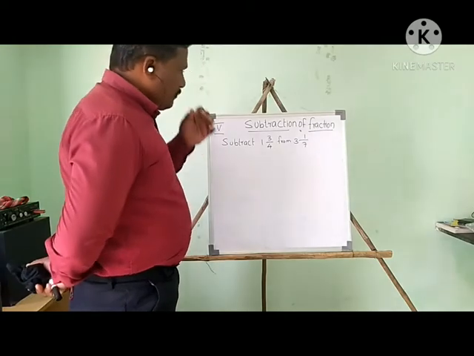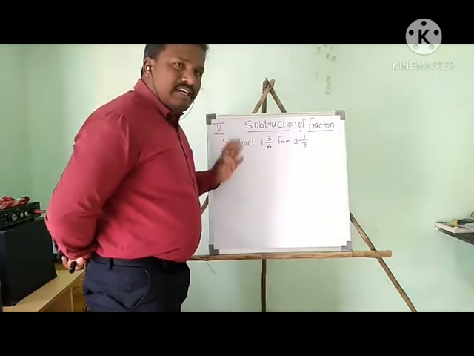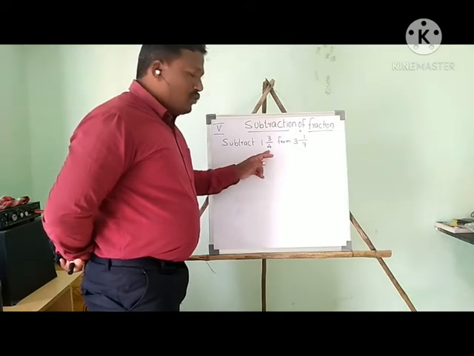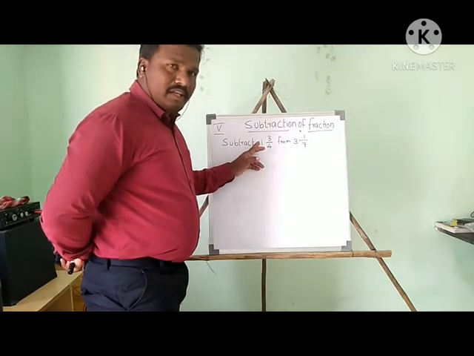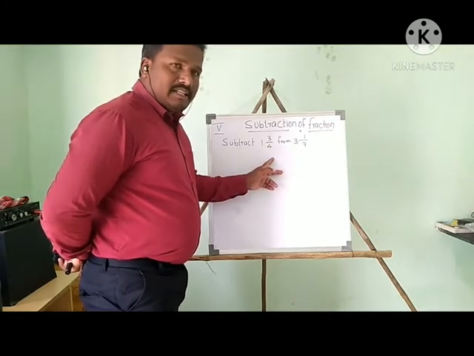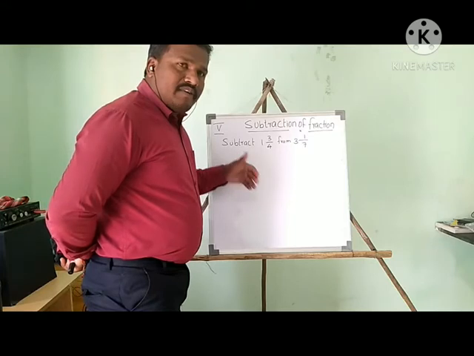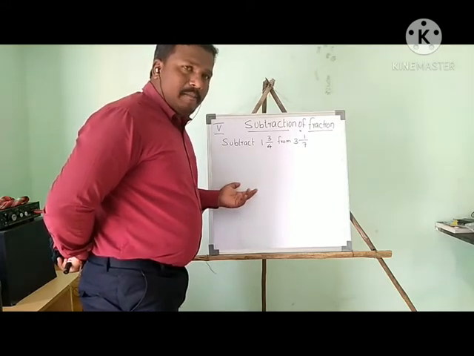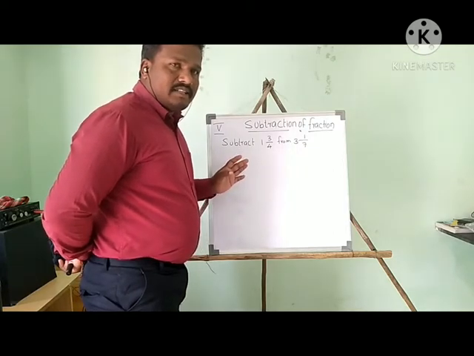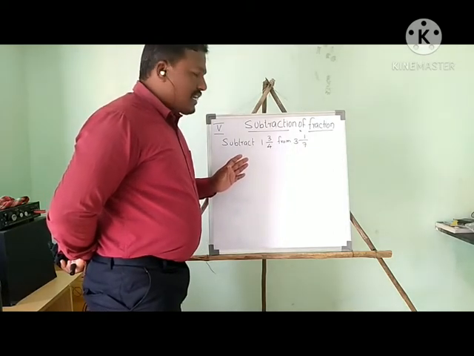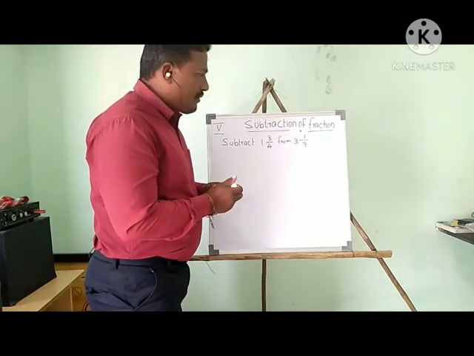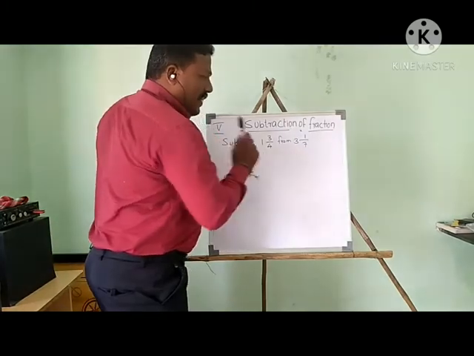Okay. So if you subtract this kind of fraction, what I told you: we have to convert first. Then after that, find the LCM of both denominators. Then after that, convert or modify both denominators to be the same as per the LCM. Then after that we can subtract easily. So this is what I am going to do. Listen carefully. So this is a mixed fraction, and we want to subtract from this fraction to this fraction.